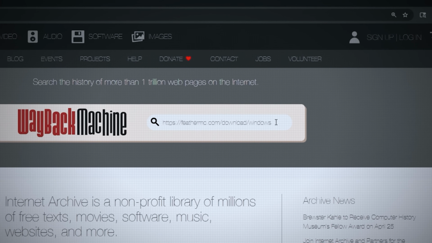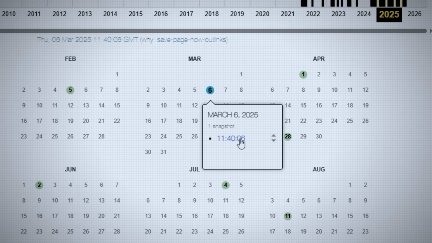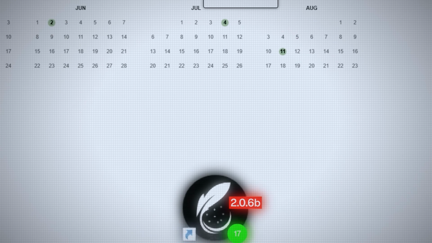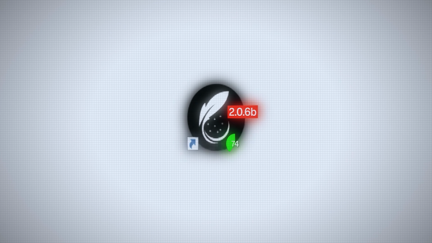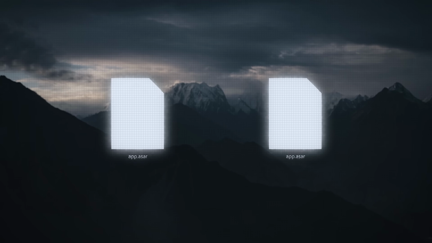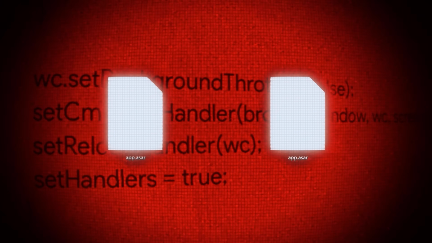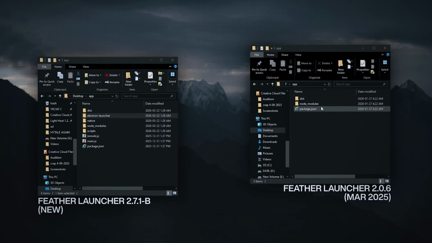Thankfully, using the Internet Archive, I was able to download an old build of Feather from March 2025, the oldest recent version still publicly accessible, and install it offline to prevent the launcher from automatically updating, and extracted the code that way. We can now compare the two extracted codes side by side, seeing whether or not any of these additions, the custom headers, the background throttling, everything we covered, were added intentionally. And sure enough,